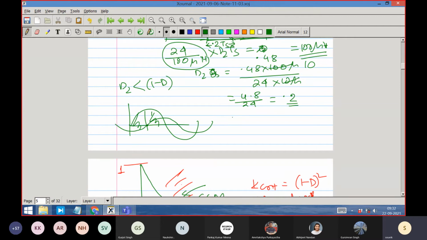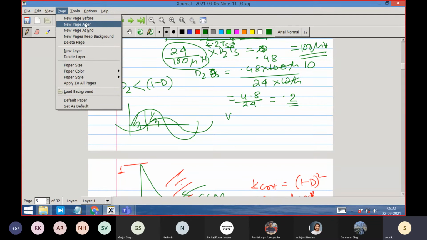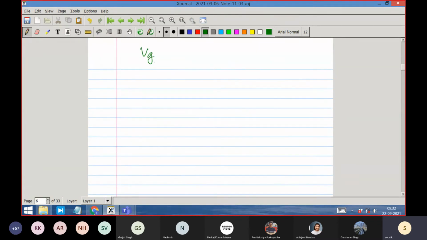Volt-second balance. So for my volt-second balance of the primary coil, let me take another page. Volt-second balance of the primary: Vg into dTs plus, its volt-second balance will be minus Vg, because the tertiary coil voltage is this and its voltage is N1 by N3. Okay, so this has to be 0, right? Into d2 Ts is equal to 0.